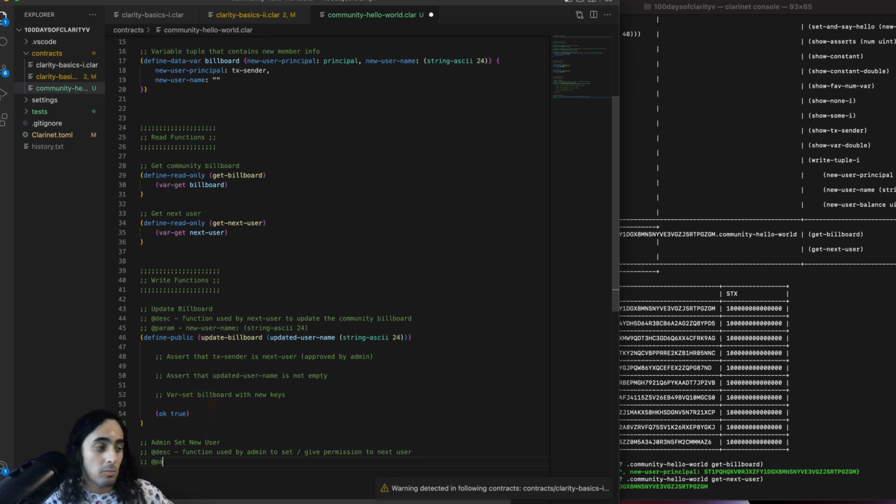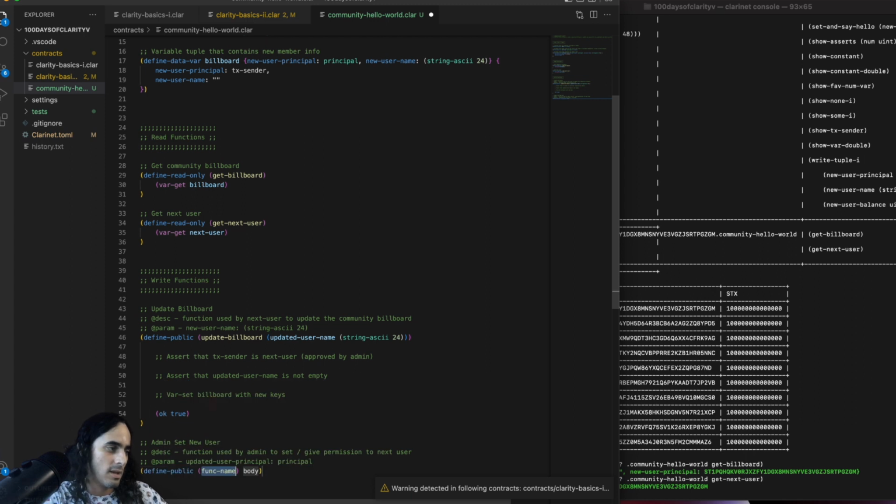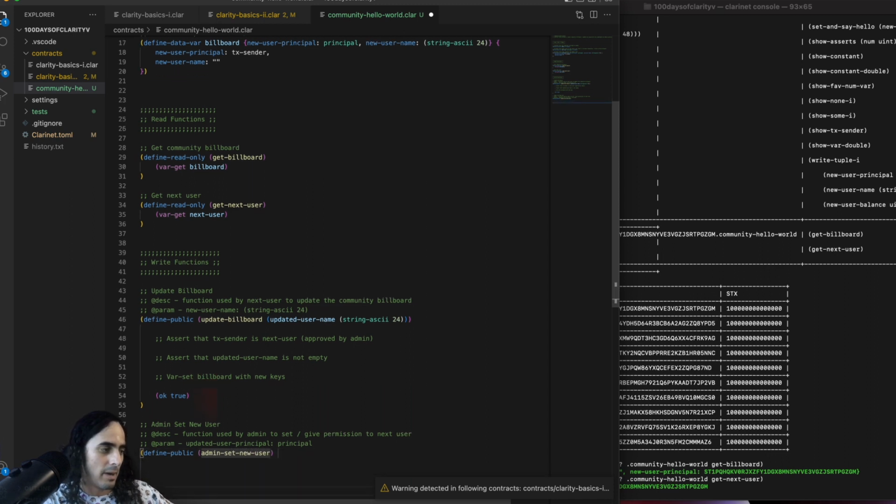And so parameter, really simple. All we need is a principal, right? The new user. Let's call it updated user principal. And we know this needs to be of type principal. Okay, so let's go ahead and, again, not implement, but outline this function. Define public, admin set new user. And then for the body,